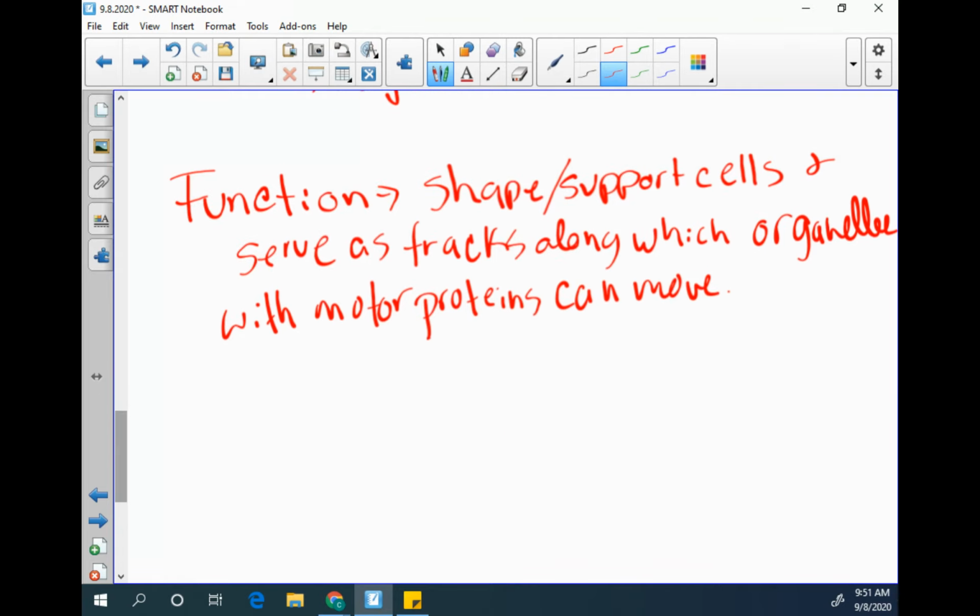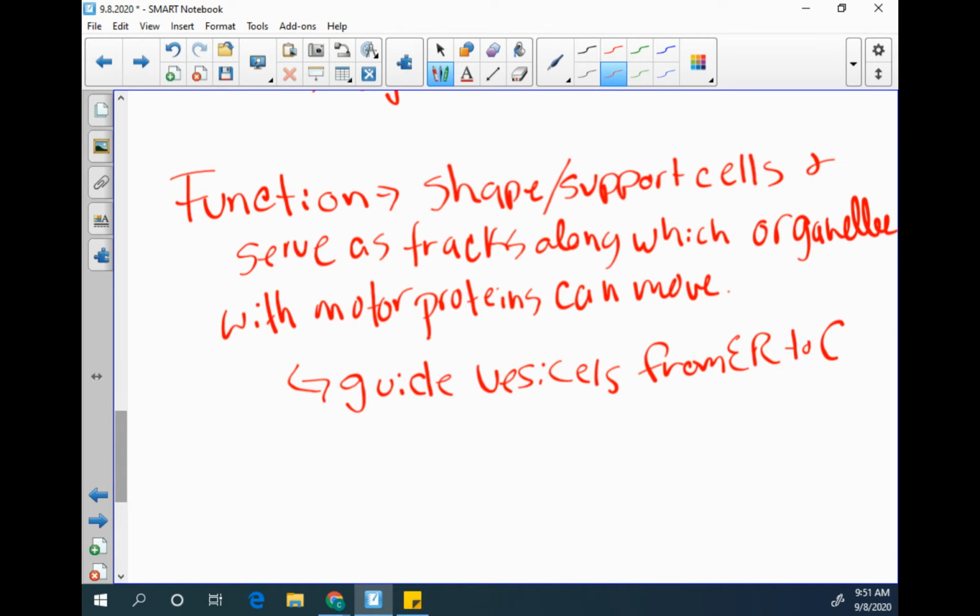So, like I said, they guide vesicles from ER to Golgi. So, you know how the Golgi has those trackers that tell stuff where to go. The ER doesn't necessarily have that, so it relies on microtubules to make sure that our proteins get from the ER to the Golgi. They're also really involved